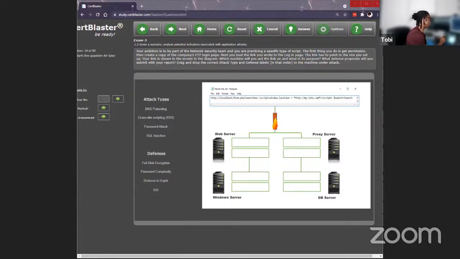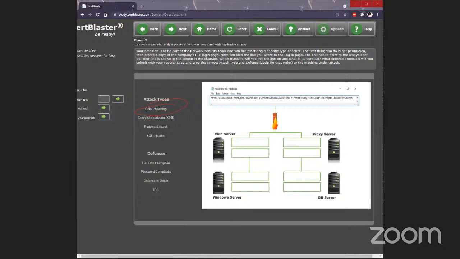Do you see any evidence of DNS poisoning? No. Because if we did, we would see some type of redirection, or a poisoned DNS server, or a poisoned host file, right? It's not a password attack because there are no passwords in there. It's not a SQL injection because you would see a post or a get.